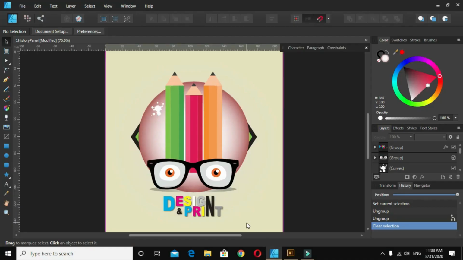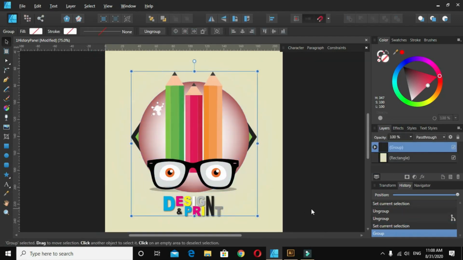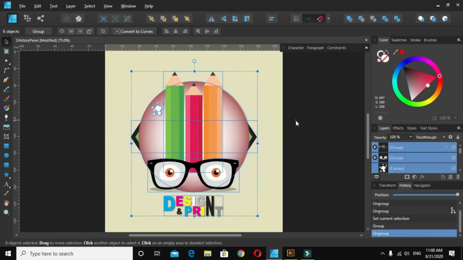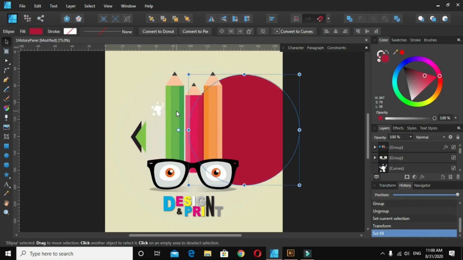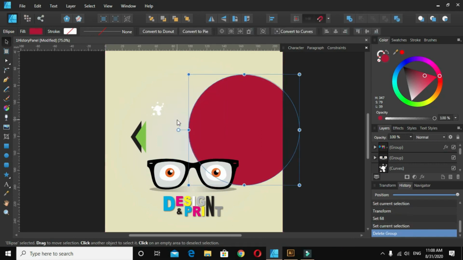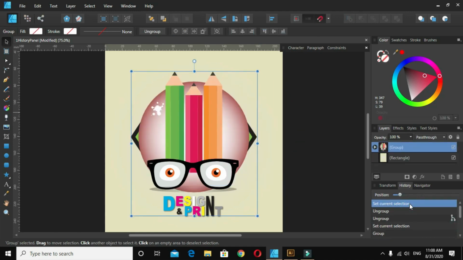Affinity Designer gives access to the history panel. It means every change that we make in our design, like selecting, grouping, ungrouping, moving an object, changing its color, or deleting an object, are being recorded in a sequence of steps. And to go to a previous step, just click on the desired step and make it active. It has undo levels of over 8000 times and Illustrator has undo levels of only 200 times.